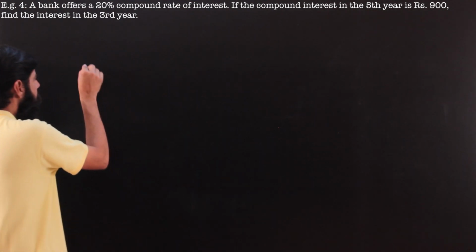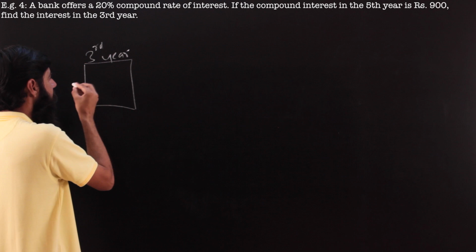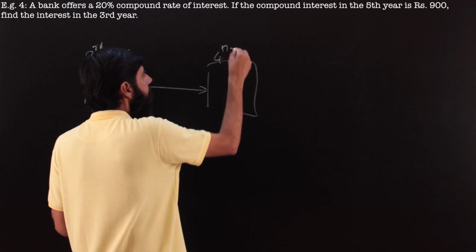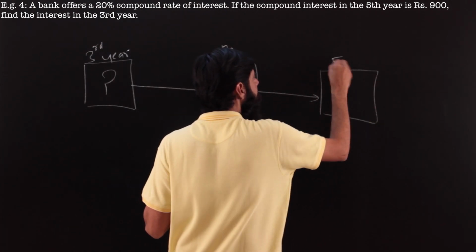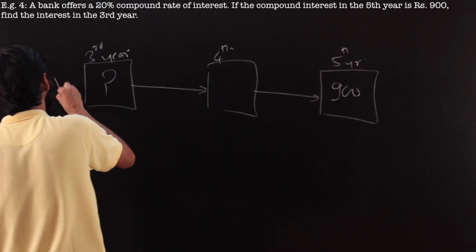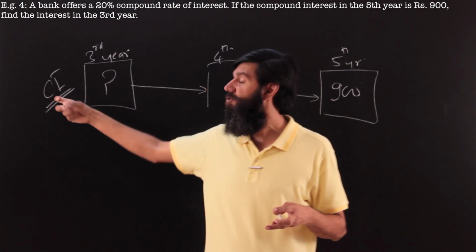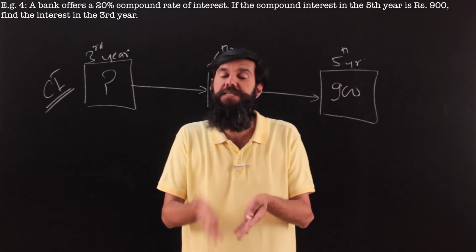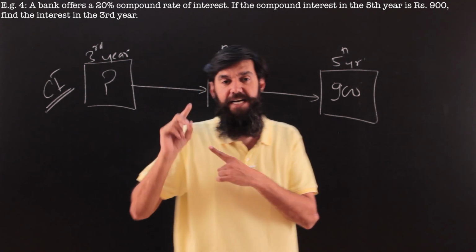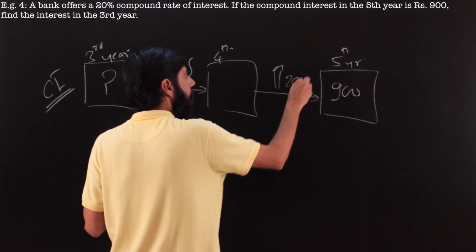And if I capture the situation, the 3rd year, sequentially this is going to come earlier, so I am writing this, but I do not know this value. It increases something, there's a 4th year intermediate and then there is a 5th year, and it's given that the 5th year compound interest is rupees 900. If you have understood what we just learned, these value boxes do not refer to the principal and the amount, they refer to the compound interest, but it doesn't matter. Compound interest also in successive years increases at the same rate as the rate of interest, right? So if the interest is 20%, compound interest is also going to increase at 20% annually out over here, and